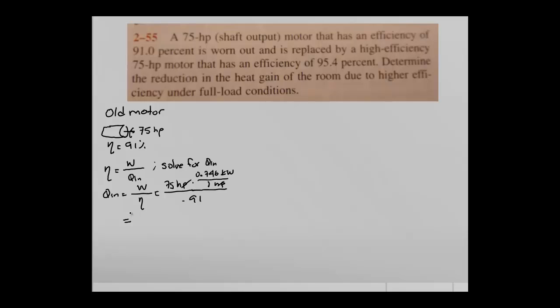So this Q inlet in the old motor is 61.483 kilowatts. That's the old. Now for the new,